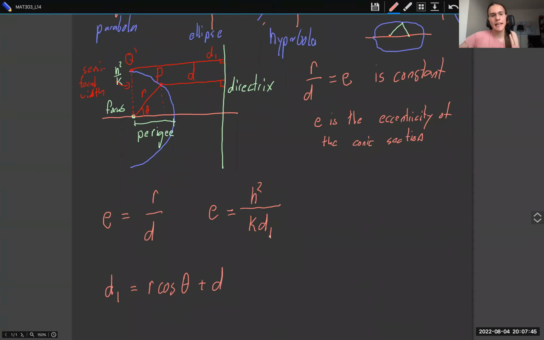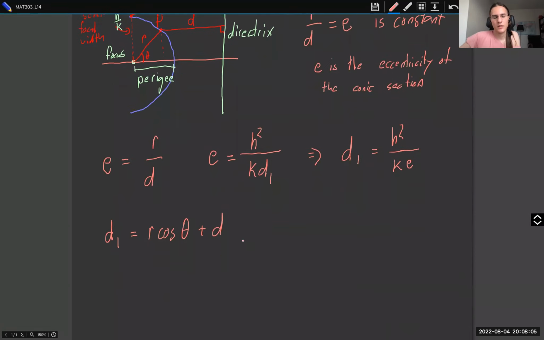So what we get then is that this implies that d1 is equal to h squared over k. Well, I guess we divide by e. So what we get is that h squared over ke is equal to,